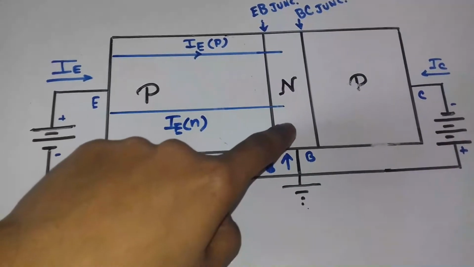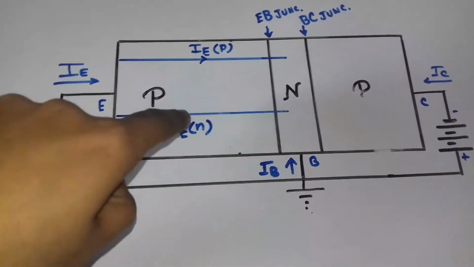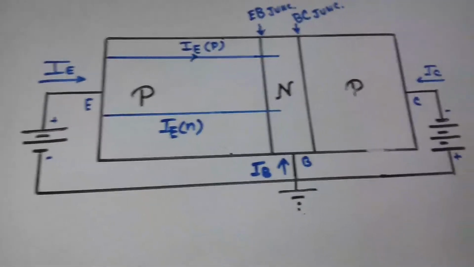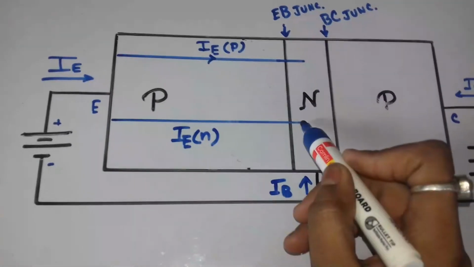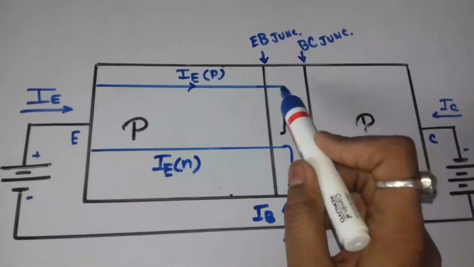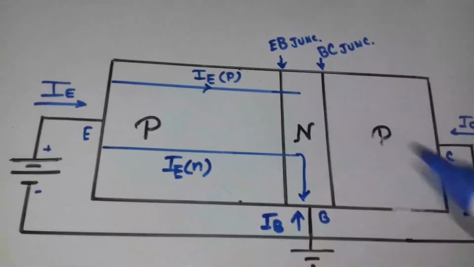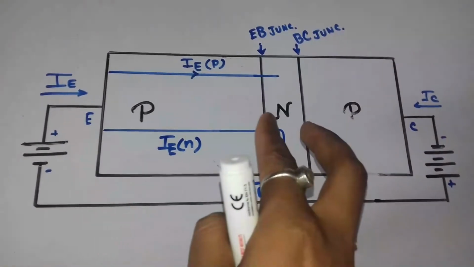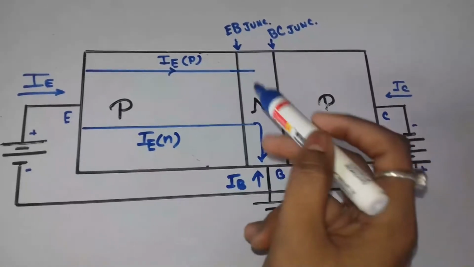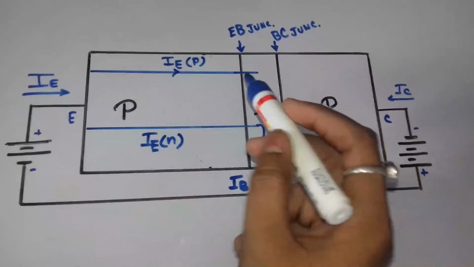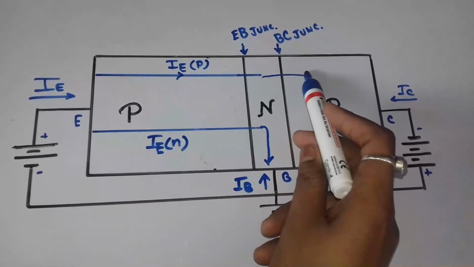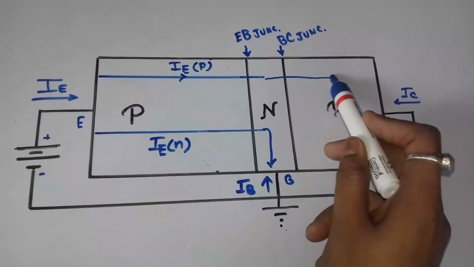But since the electron is emerging from N and going to P, and not going to the P of this side, this current will stop just in the base. So this is the end of this IEN, but IEP is not stopped in the end, for two reasons: the N layer is small, so all the holes are not recombined in the n layer with the electrons, so most of the holes just bypass through this n layer and go to the p of the other side,